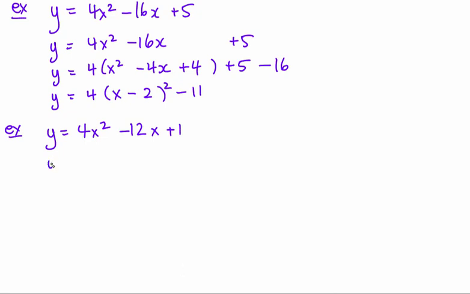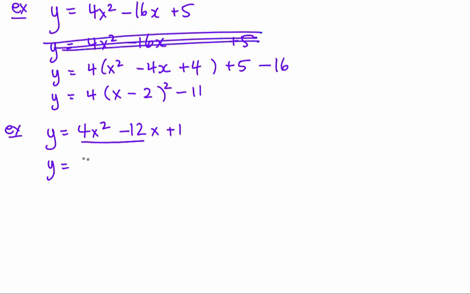Okay, so I think about these two, move that 1 over, and I'm going to factor out a 4. As we get a little quicker, I don't really need this step here. I can just start to factor things out. So I've got a 4. That would give me x squared minus 3x. So I just factored out from those first two terms. There's that plus 1. Give myself a little bit of room because I'm going to add in another term here